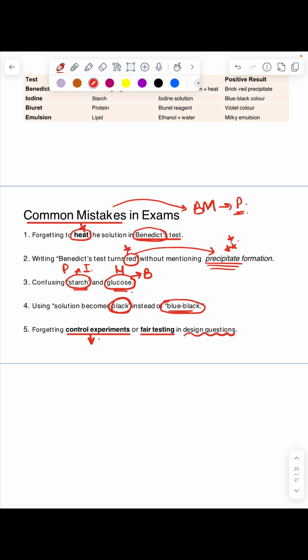And secondly, fair testing, you're going to ensure that all the other variables apart from the variable that is being tested, such as temperature and pH and the time that we are leaving the reaction to occur, all of these things, they are all constant and only one of the variable at one single point of time is being tested. So that is how fair testing is ensured. Plus, in order to get a good result, you repeat the experiments and then you take the mean of the results that take place. So this is very important.